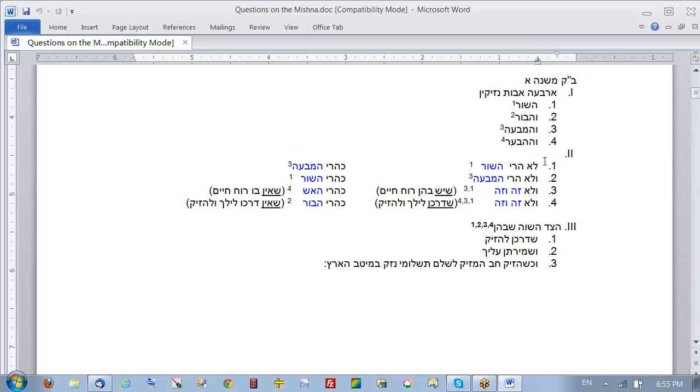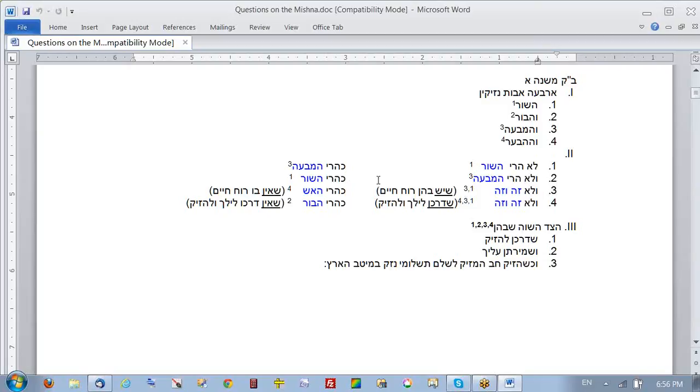So when it came to this middle phrase, which starts telling us the differences between these four avos, we see inconsistencies. For instance, here it says the shor like the mav, and the mav is not like the shor. In other words, it does the statement, and I think that's called the converse. And yet on the other ones, it doesn't do that. So the question is, how come?